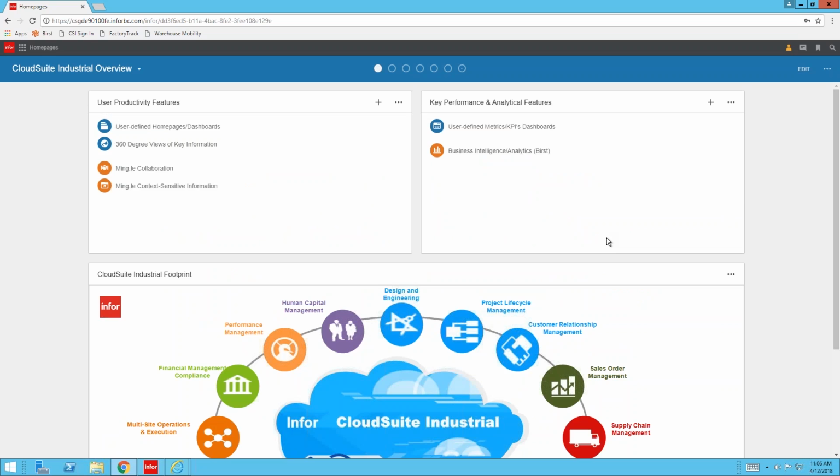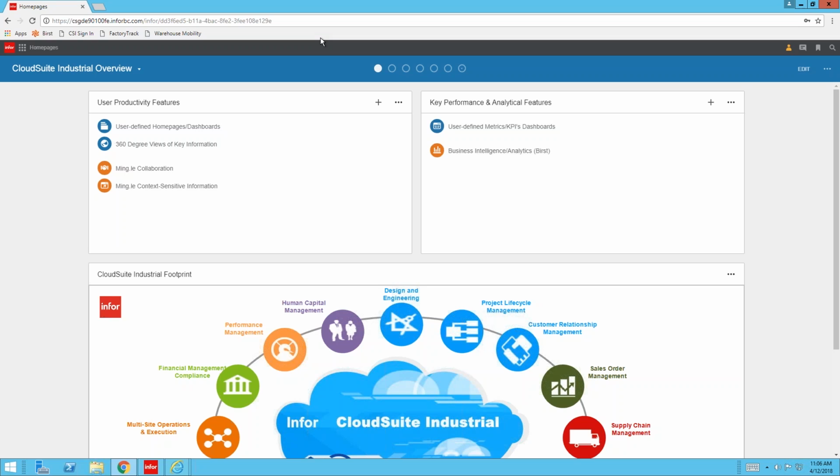All right, so first we're going to jump into some user productivity features. And before we even do that, I wanted to mention the fact that I'm in a standard web browser. So as long as you have access, whether I'm in Chrome, it could be IE or Firefox, or it could be Safari, as long as you have access to the internet, you're going to be able to access your CloudSuite data. Now, you can also use the Windows client as well, which is going to look identical, but